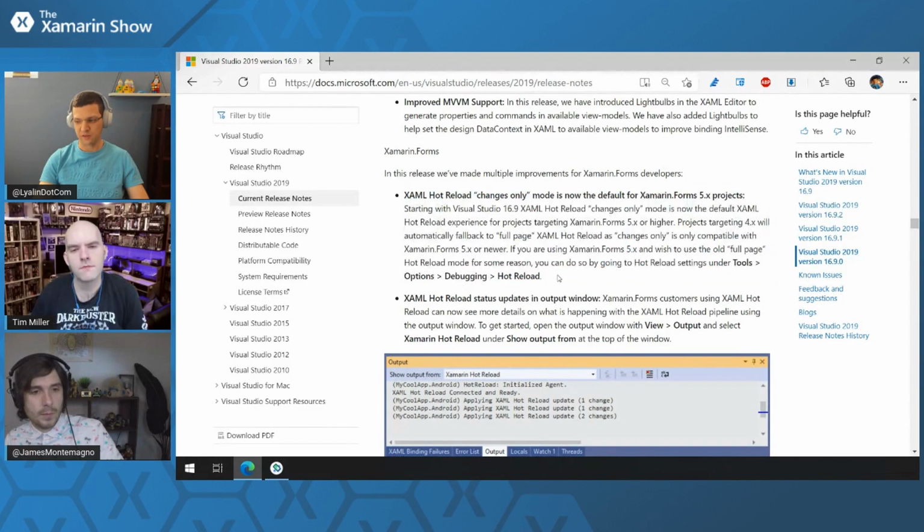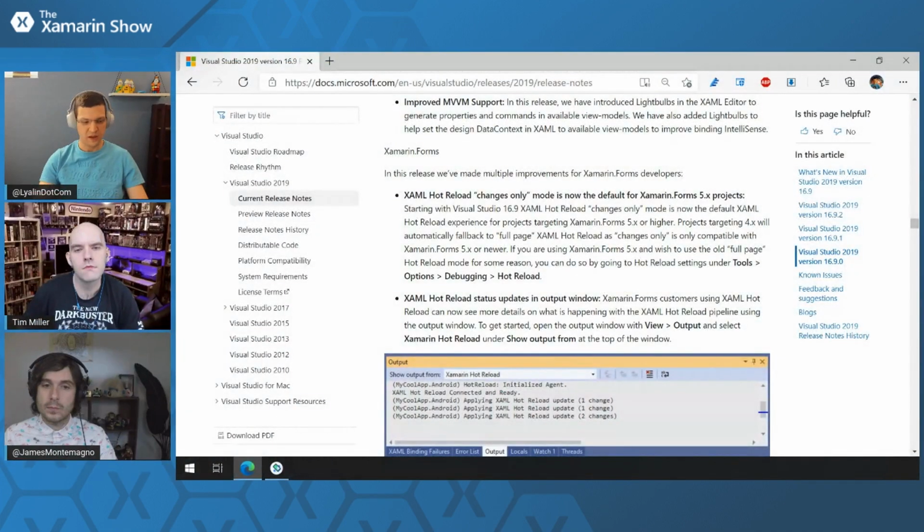What is changes only? So originally, when we started this Xamarin Hot Reload journey for Xamarin developers, we created something called full page mode reload. It just wasn't great. It was better than nothing, but we knew we could do better. So we did the effort to take the more advanced technology that was available to desktop developers, and we invested a ton of time to make it available to Xamarin developers. That means we have one pipeline behind the scenes, and this pipeline powers mobile and desktop applications, and we can invest engineering resources into one thing, make it better for everybody.